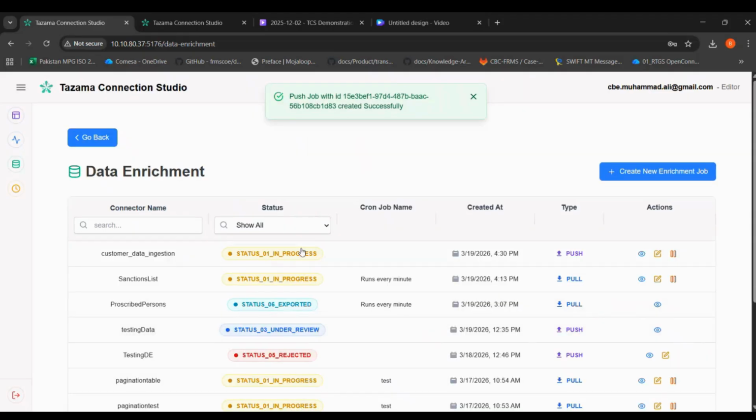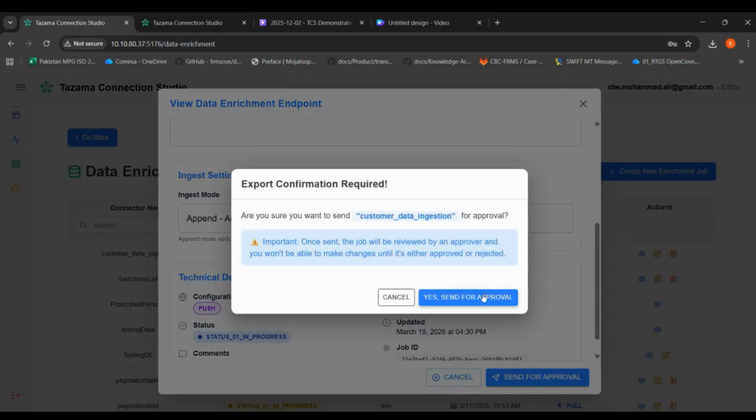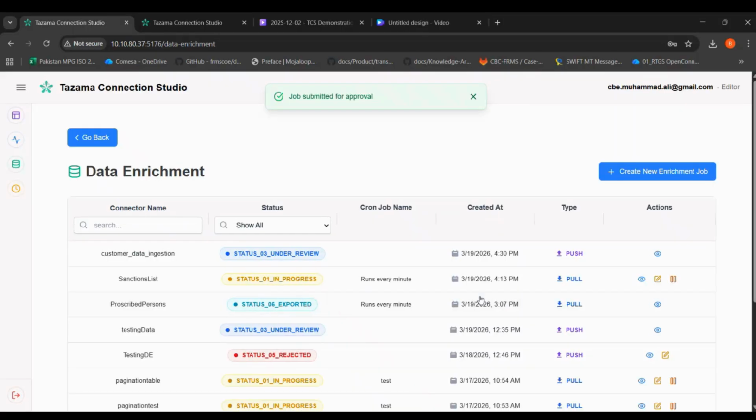Right, so this push job is created. It is now in progress. And as the editor, I can now view the details and send it for approval. Great, so this is now in the bucket of the approver, and the status has changed to under review. I'm now going to log in from the approver's ID